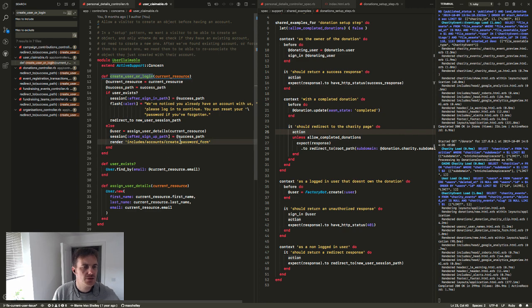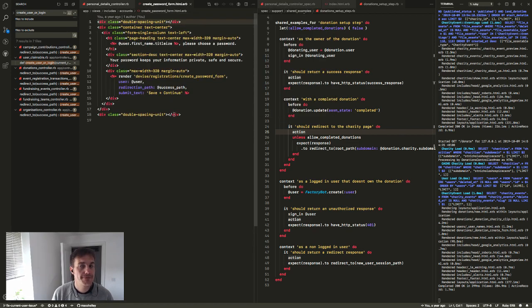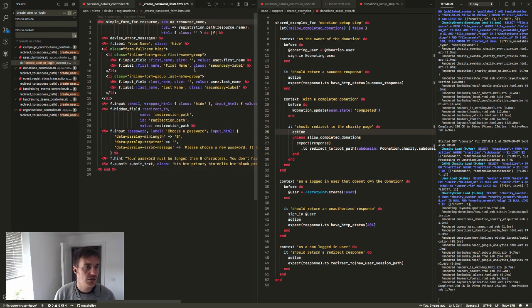So we rendered the create password form, okay, so where does that send them? That renders another form, so that's a wrapper, that's annoying. And then you go to Devise, and this will pass you to /users. So that's where they were coming from. So they had gone to the Devise form,